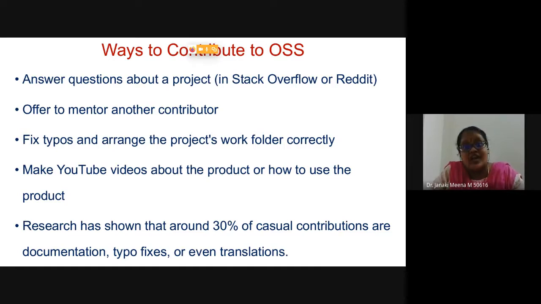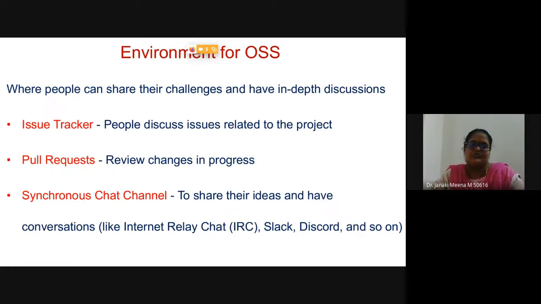So we can start even with documentation. If you have hesitations to contribute to the code base to start with, it will still not be easy, but you can start with documentation or something similar, so that you get familiarized with other things like how to communicate and how to interact with people. Then you can start doing code base contributions also.